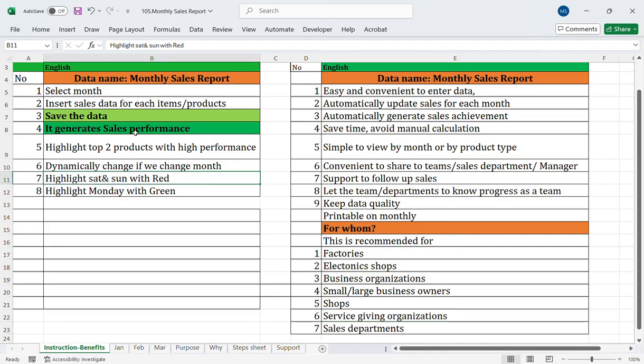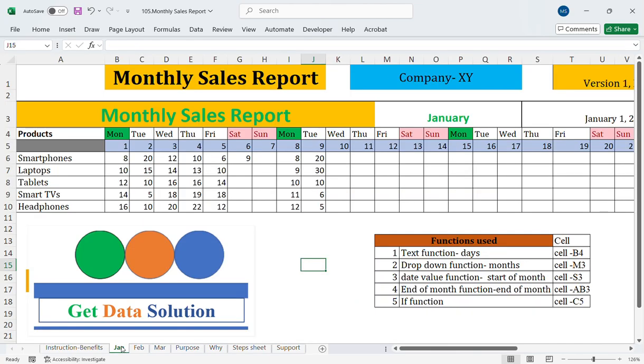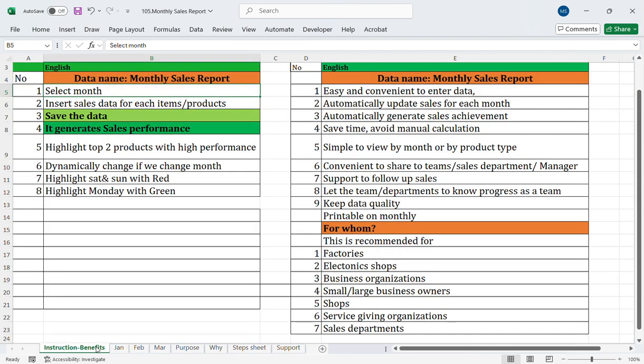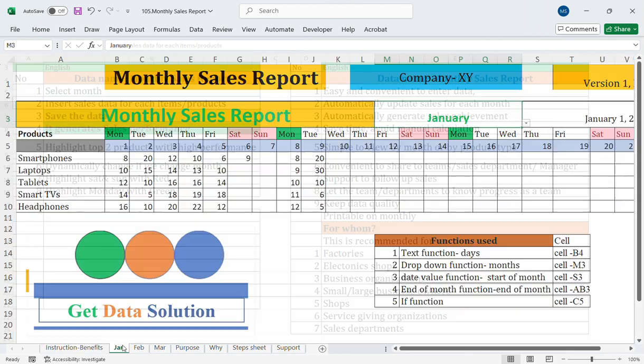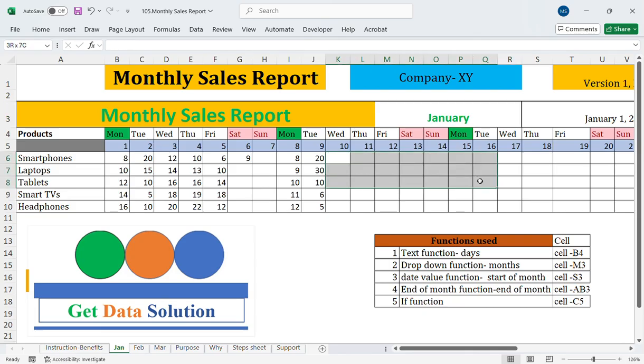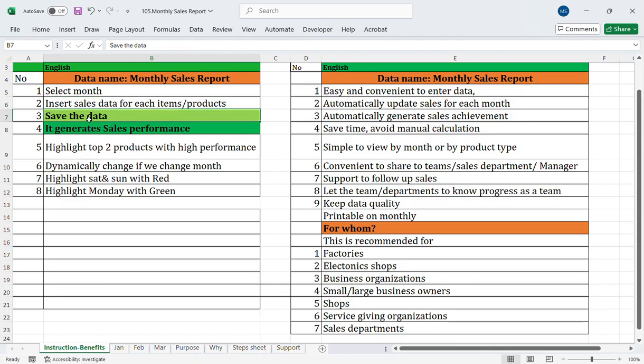So in terms of data entry, you simply select the months as we have seen it here. You simply go here and select the month from the given list. Then insert sales data in these sections, and then you save it, and it generates sales performance automatically. And the top two products will be highlighted